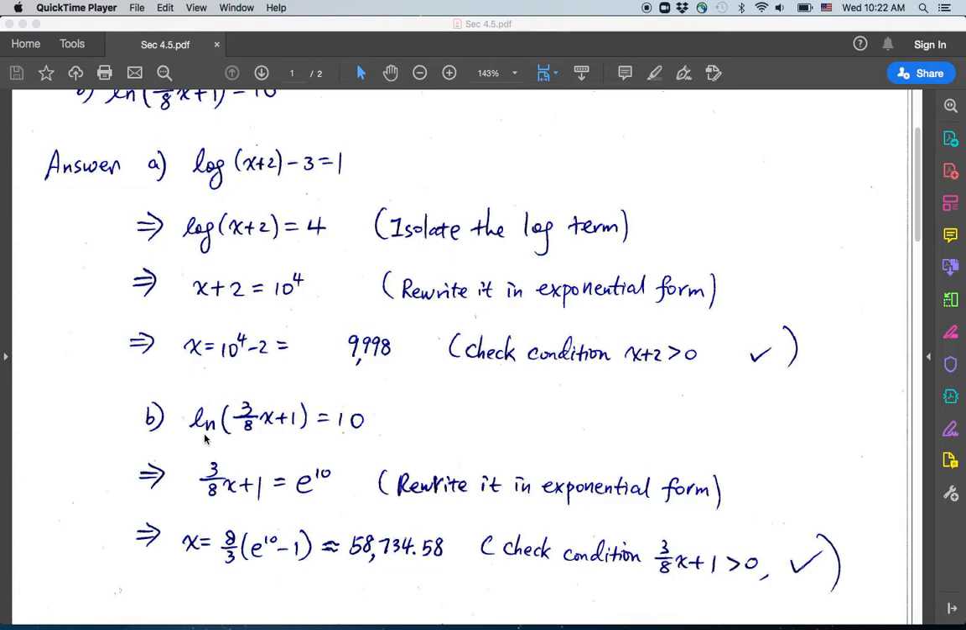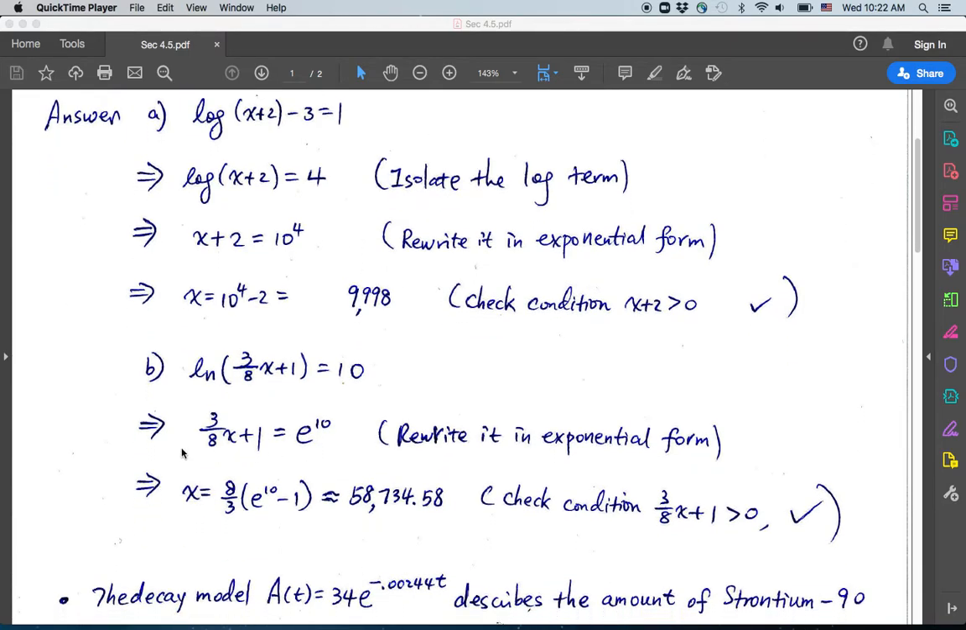So ln, recall that this is the logarithmic form with base e. e is the Euler number. So this gives us 3 over 8 times x plus 1 equals e to the power 10. This is a linear equation. We solve for x. This is the exact form of the x value. If you want to approximate this with a decimal, with 2 decimal places, this is what that number is going